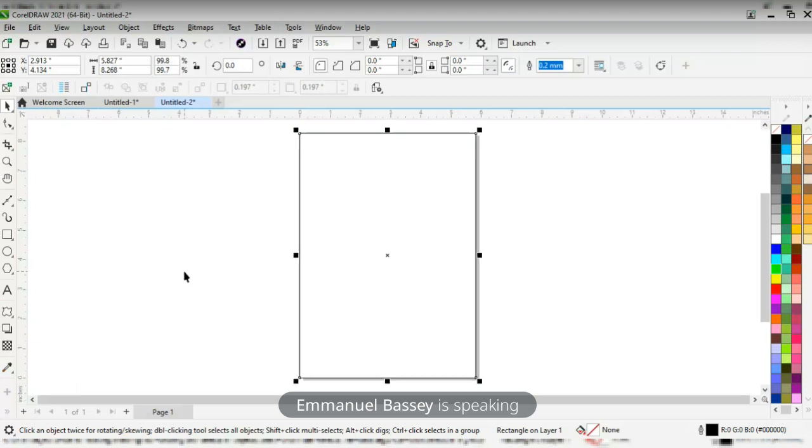So I'll press on P. You press on P. P will take it to the center. Is that okay? So that's that. I've gotten this. Now the next thing I'm going to do is to try to play around with shapes, because